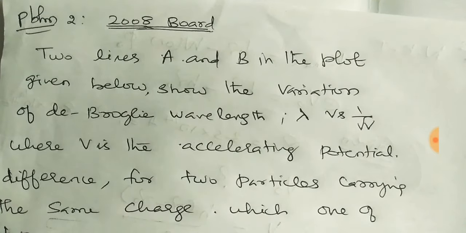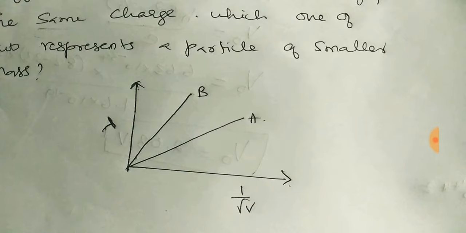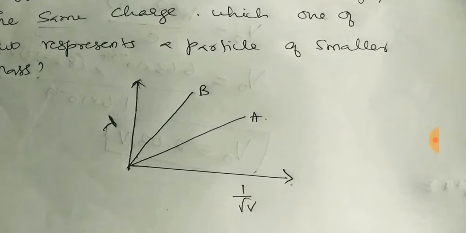Which one of the two represents a particle of smaller mass? This is the graph. Very simple. Two particles are there, and we are going to find out which has the smaller mass. Before that, we should know